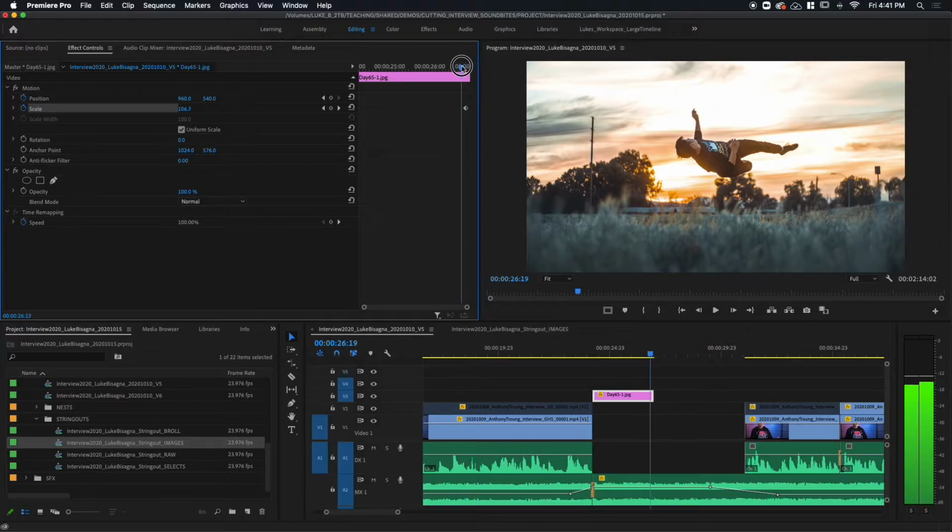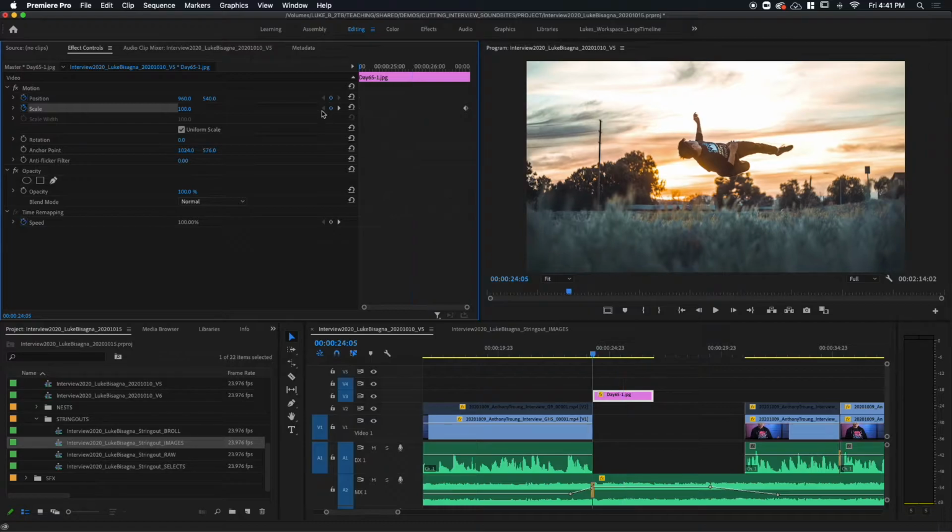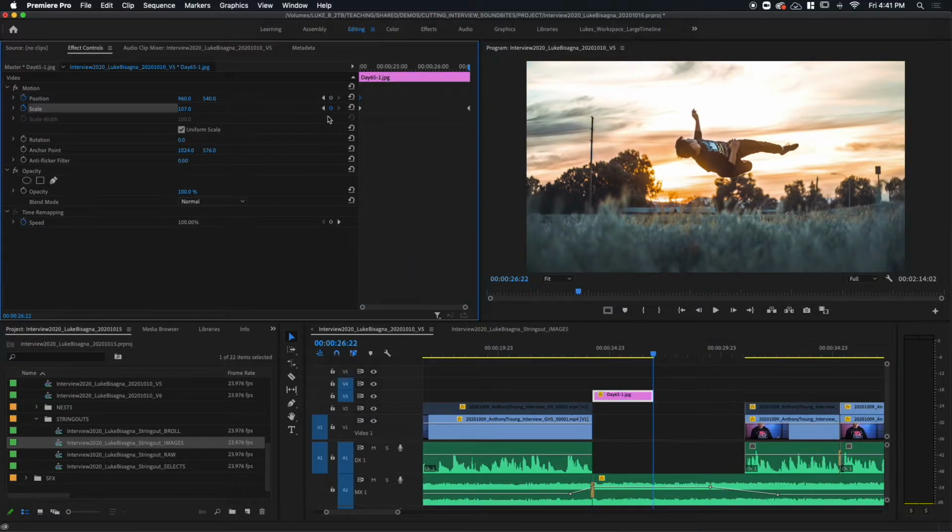I can guess by trying to drag right over it here, or I can use the keyframe navigator. And you can see these little arrows will actually move the playhead from keyframe to keyframe, the previous keyframe or the next keyframe. So I'm jumping from the beginning to the end here, right on that keyframe. And I know I'm there because the keyframe indicator is illuminated blue.